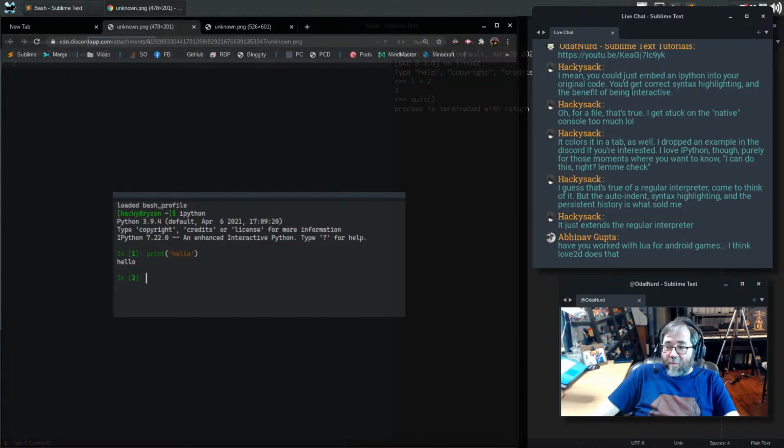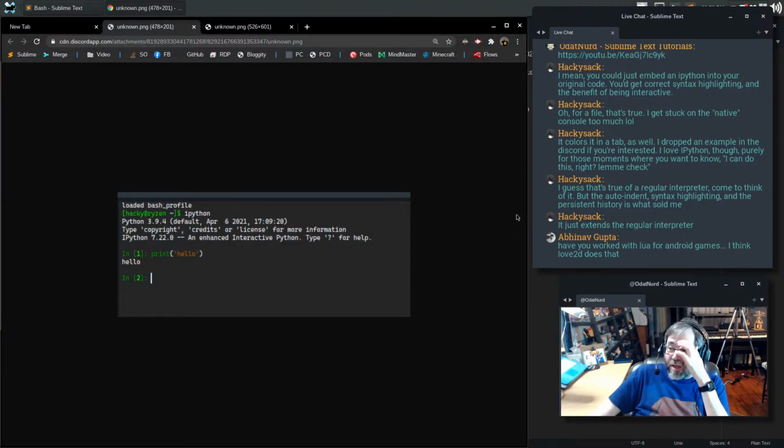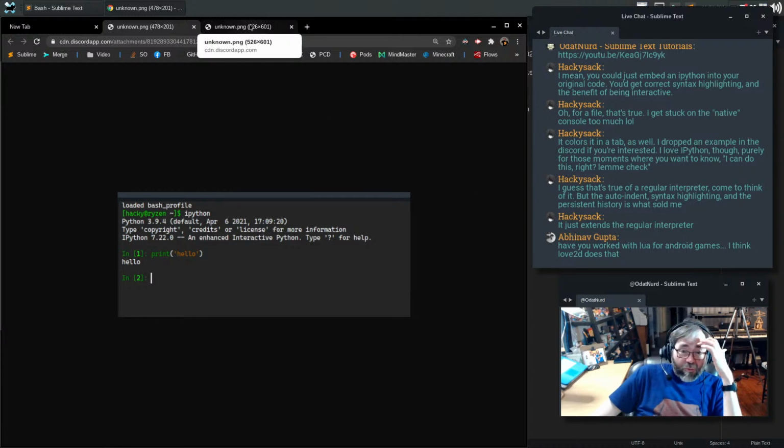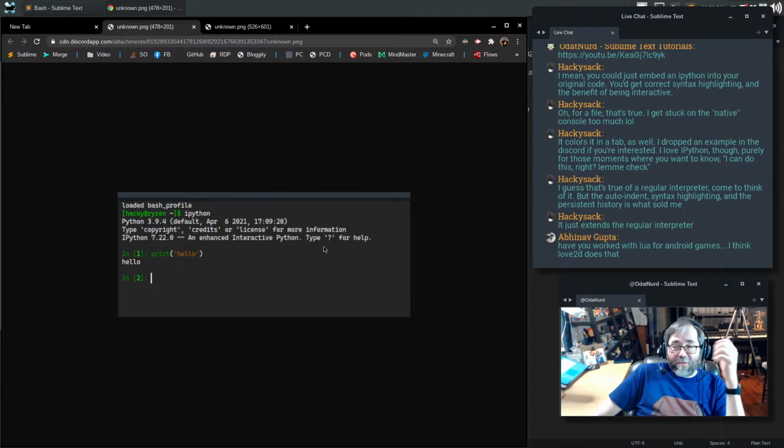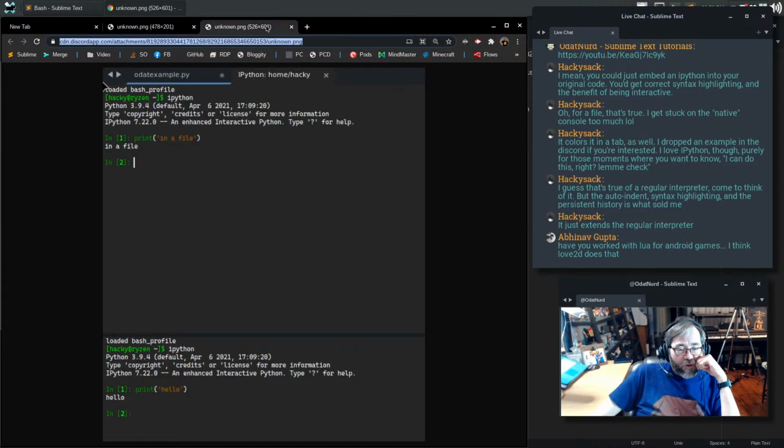These are the images that Hacky Sack shared in the Discord, showing an example of IPython, which is not something that I'm familiar with. I'm familiar with it in as much as Hacky Sack shares a lot of images like this in the channel. But I've actually seen examples of repos that have the numbers in brackets like that, but I've never used one myself. I've always just used standard Python or the Sublime console for something like that. I assume this is using Terminus.